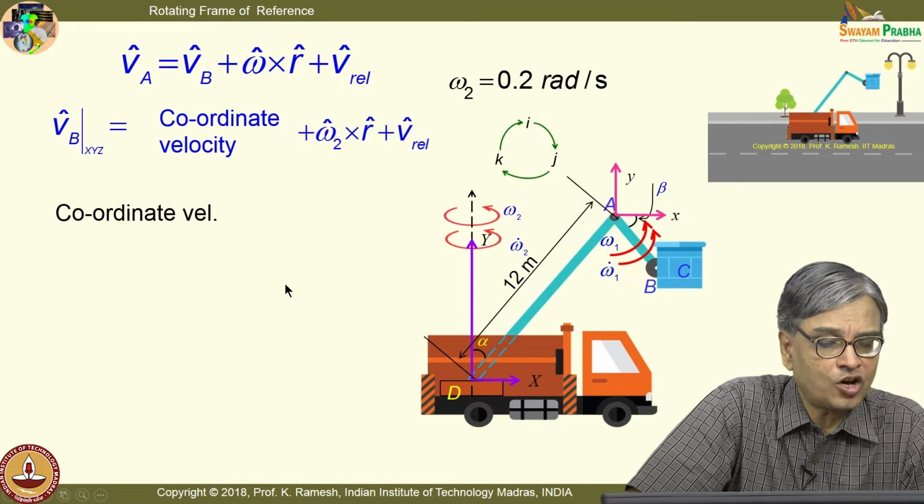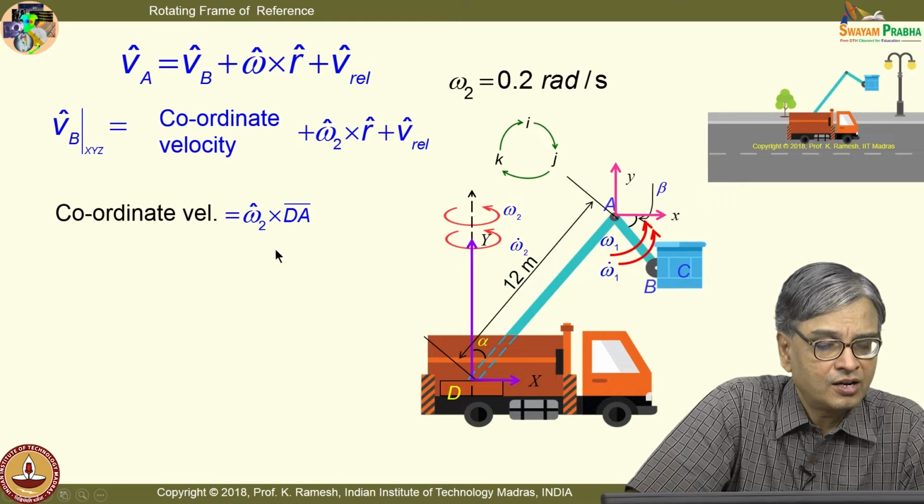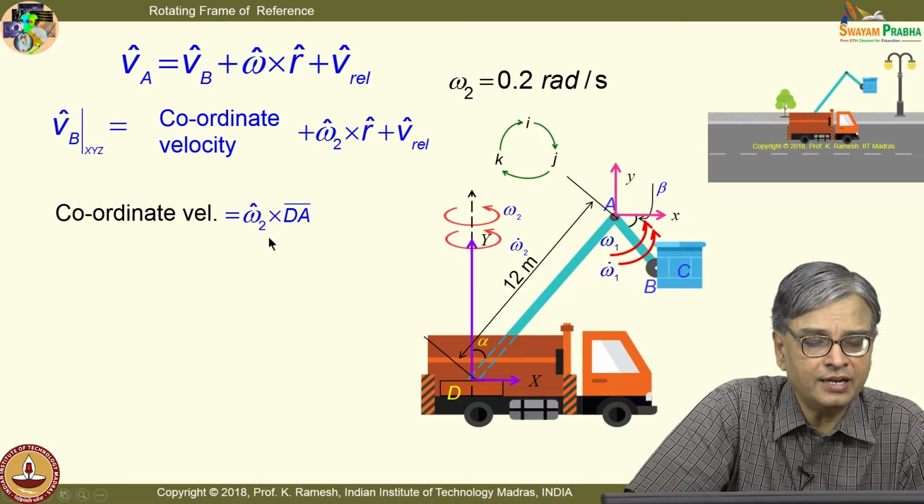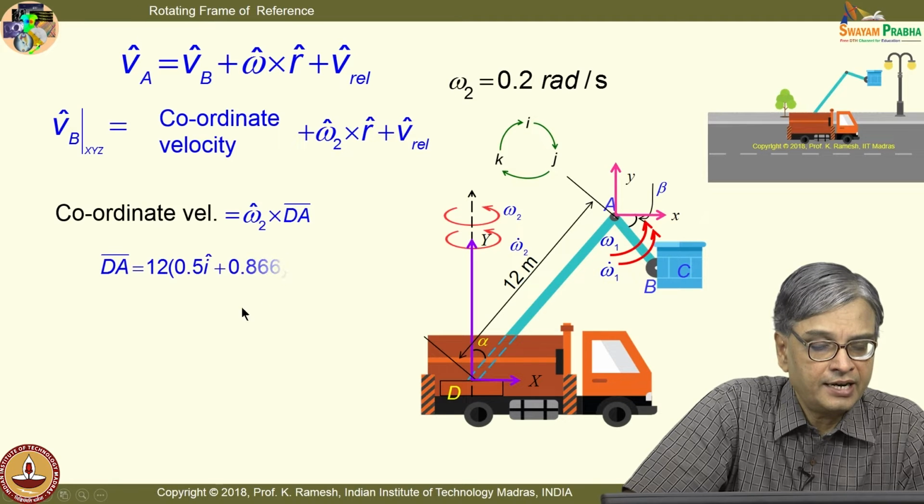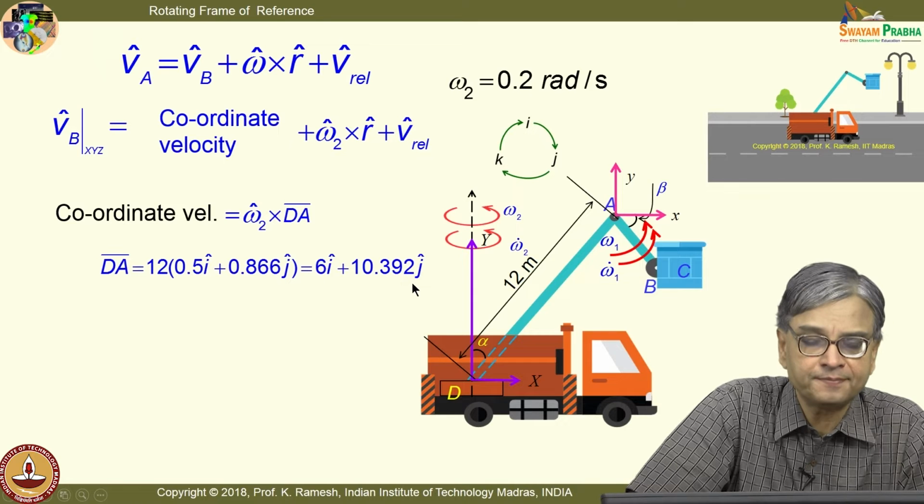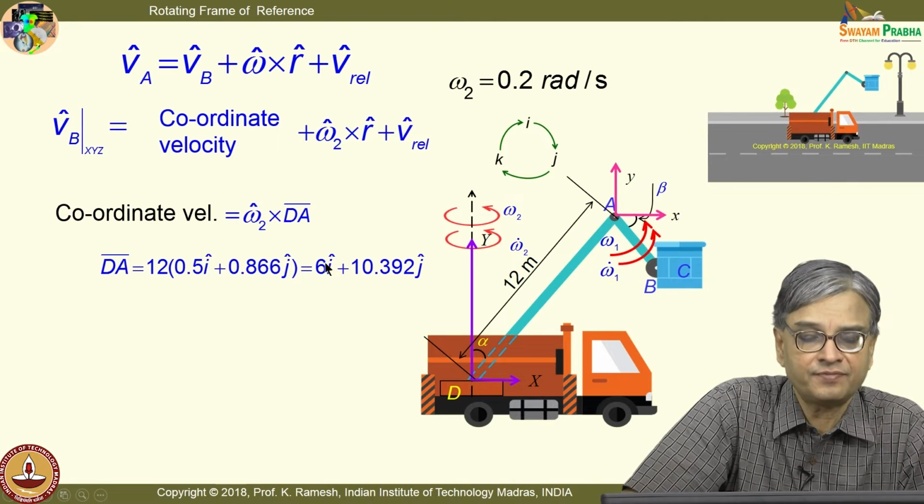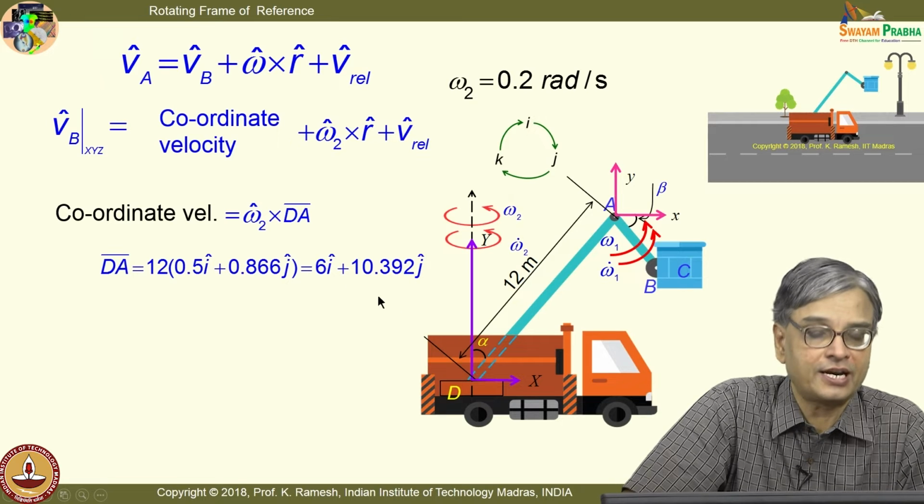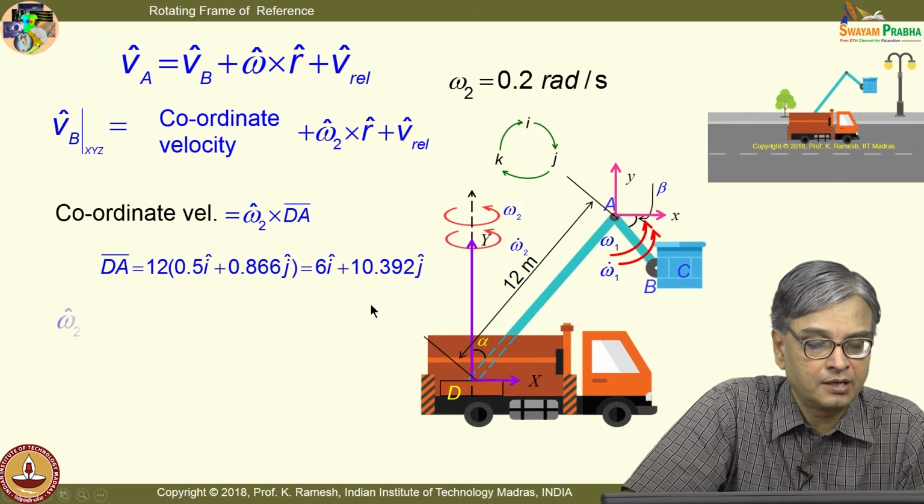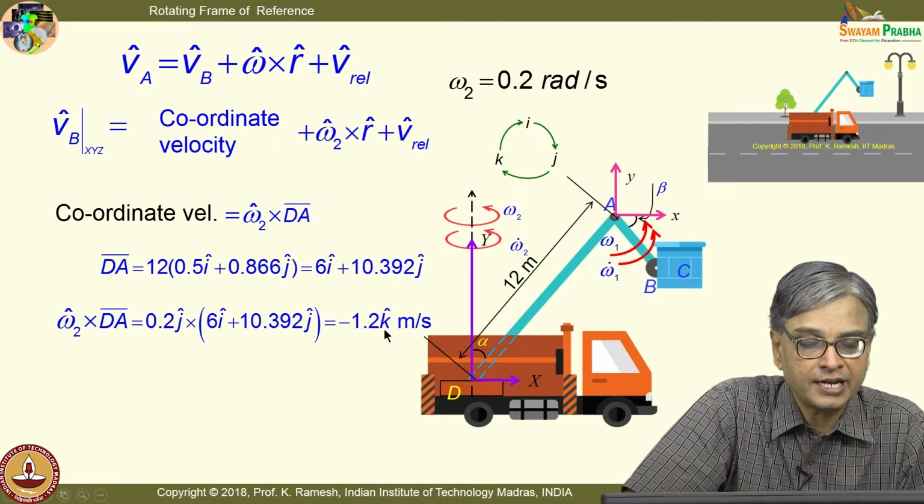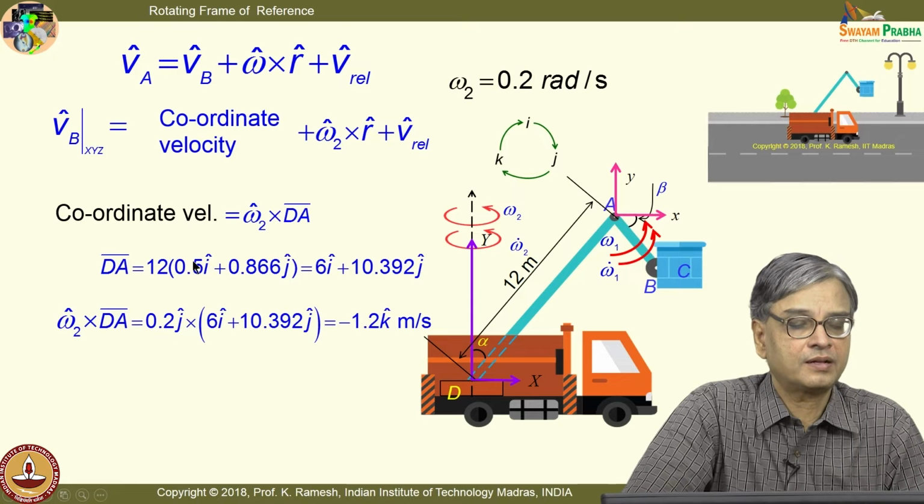So, understand the concepts and get the quantities for this expression. So, coordinate velocity is nothing but I have this at a distance 12 meters. So, omega 2 cross dA, and dA is given from the problem statement like this, it is turning out to be 6I plus 10.392 j. Please verify these calculations. If there are any typographical errors, please bring it to my attention. And I have omega 2 cross dA minus 1.2 k meters per second,